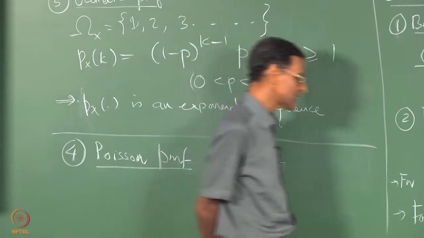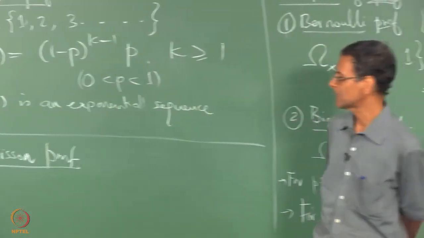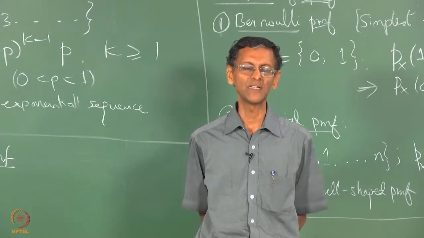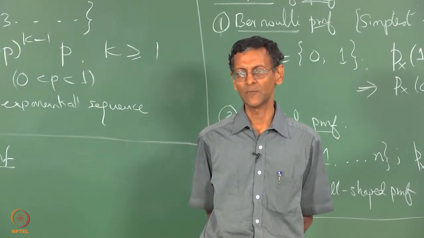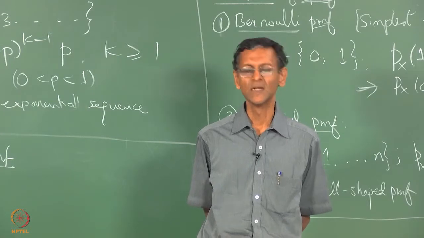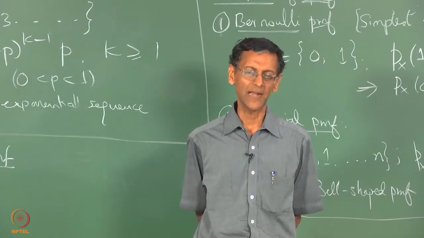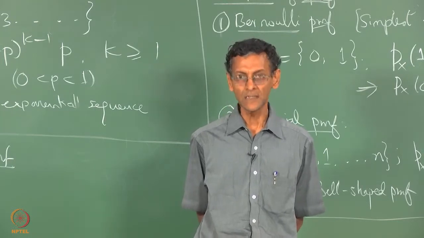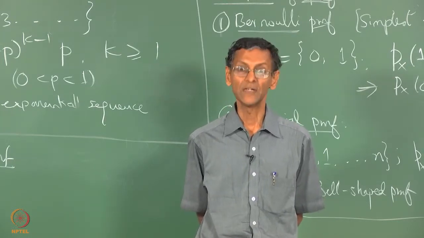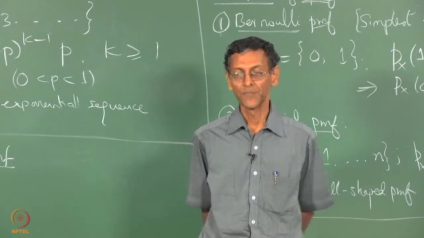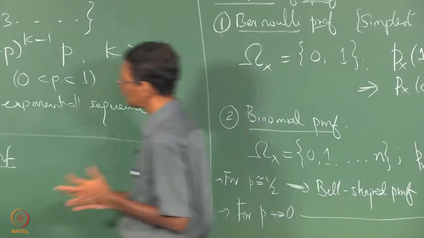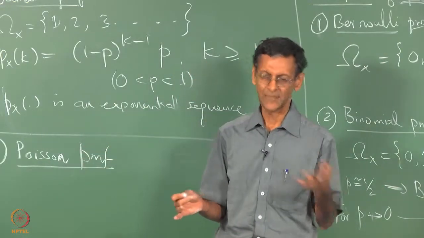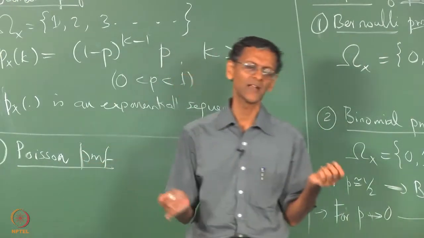Now in practice, the way in which this PMF has been observed to arise is as the number of times something happens in a certain time interval, such as counts of electron emissions or telephone calls. Again, I do not want to get too much into the history of this PMF, but let me just briefly summarize. From the 1920s,